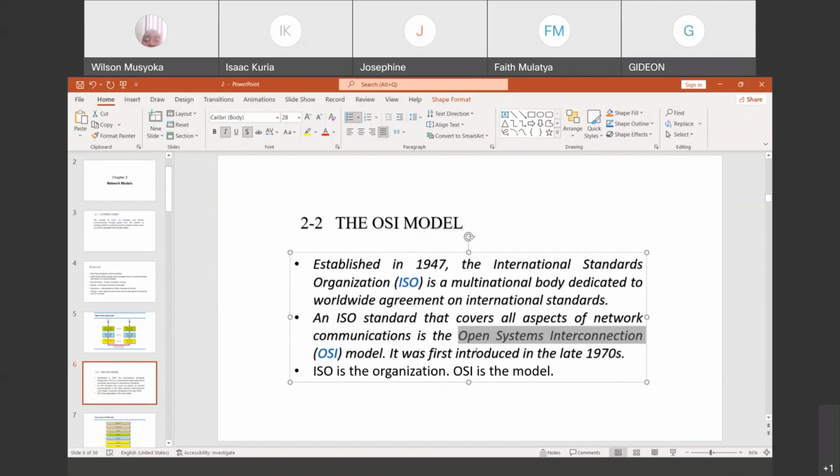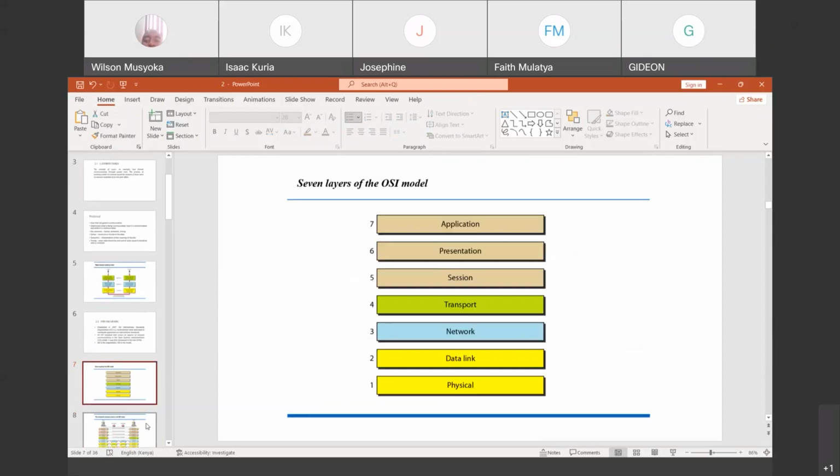The University of California and many other universities. Then in the 1970s is when people realized we can do communications in a commercial way. People need to communicate. People are still testing the ideas of having mobile phones or telephones, which were being used then. So the OSI model was established.